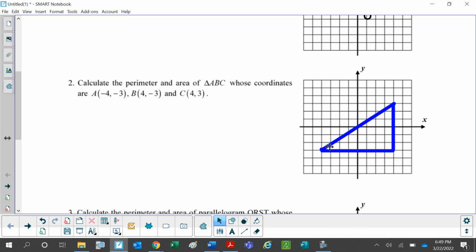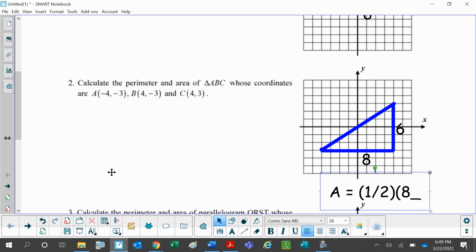All right, so counting this horizontal line here, I've got 1, 2, 3, 4, 5, 6, 7, 8. So that is 8 units across from left to right. And then going up and down over here, I've got 1, 2, 3, 4, 5, 6. So I've got an 8 and a 6 for the base and the height of this triangle. I'm going to go ahead and count area. Area is 1/2